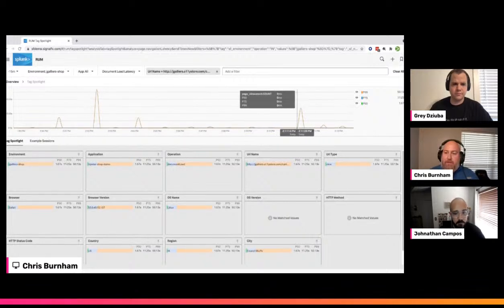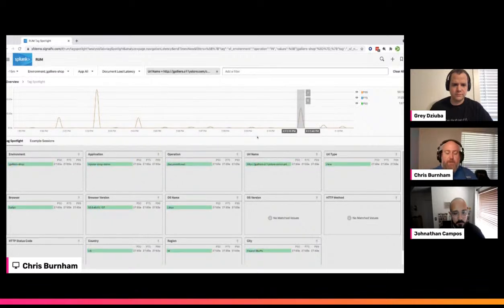But if I drill into just that one episode that I'm concerned about, you notice that all of the percentiles are the same now because I've filtered everything down to look at just the time window that I'm concerned about. So as an SRE, I'm like, okay, great. Now I've got this time window filtered down. Let's go take a look at what's going on.